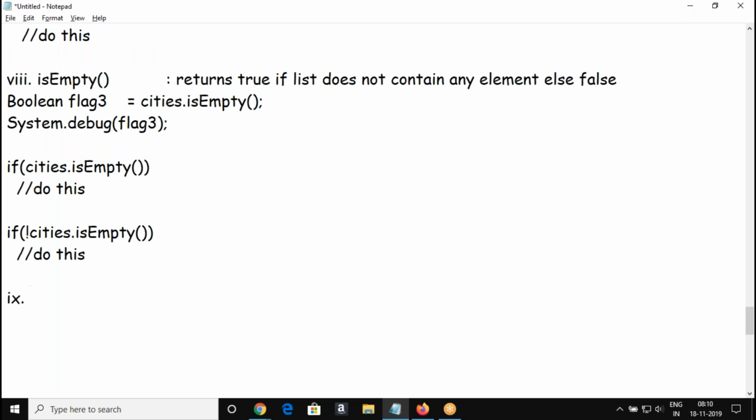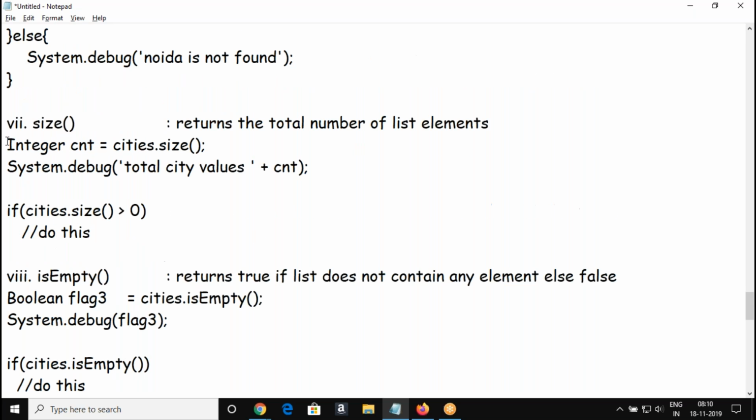Ranjit, what is the difference between array and list? Which one is preferable in the program? It's not preferable, ma'am. It depends upon your requirement. You'll use this in different scenarios. Basically, list is expandable, array is not expandable. But there are some scenarios where you will also use array. If you want to define a fixed size and do not want to expand, then you go with array.